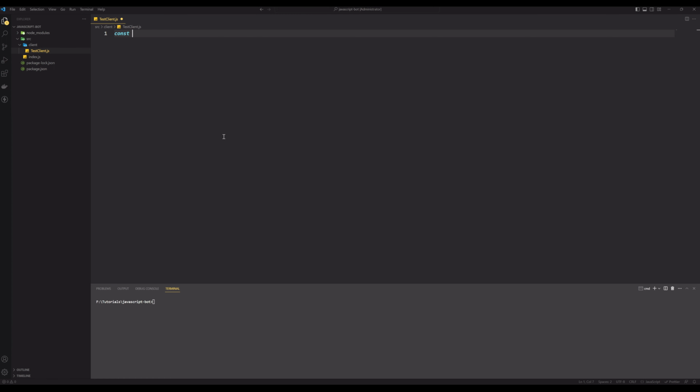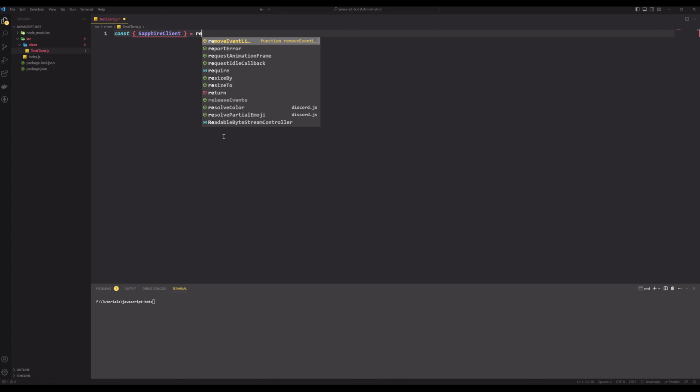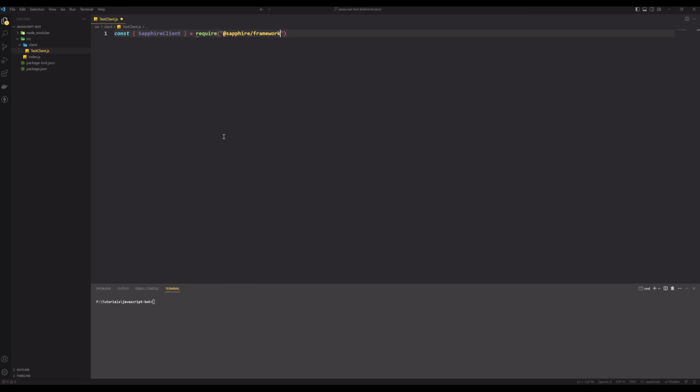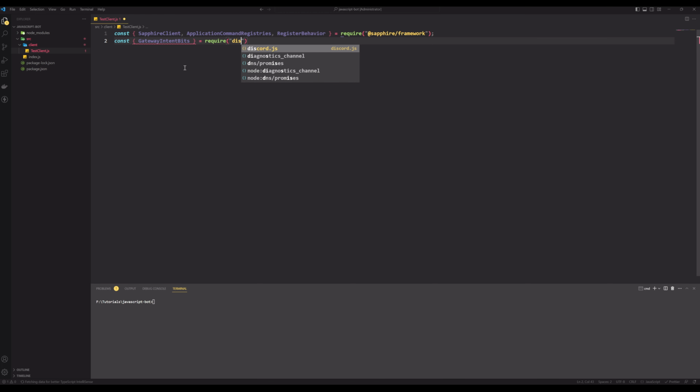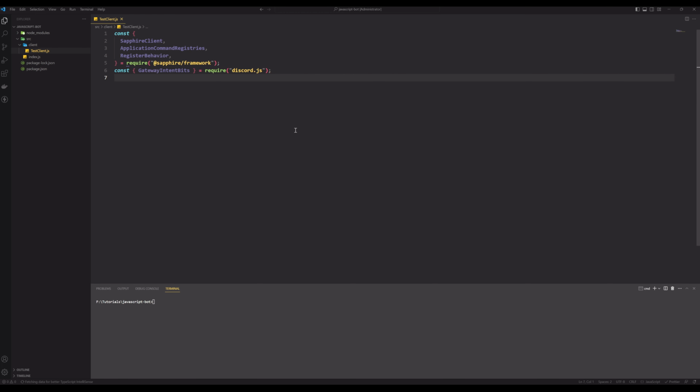Alright, so we're going to import everything we need. So we're going to need the Sapphire client. I haven't used JavaScript in a while, so it's a bit weird. Require @sapphire/framework, like so. We want the application command registries and the register behavior as well. And we're also going to want our gateway intent bits from discord.js for when we do our intents. Okay, so